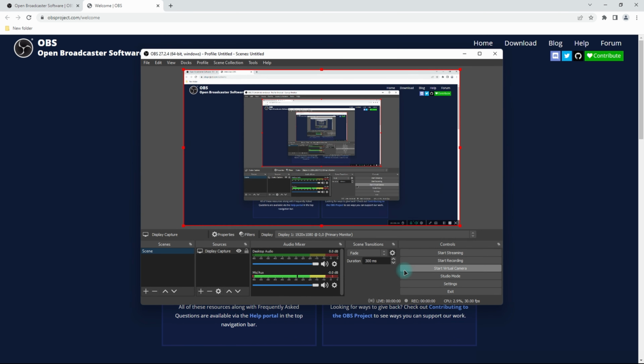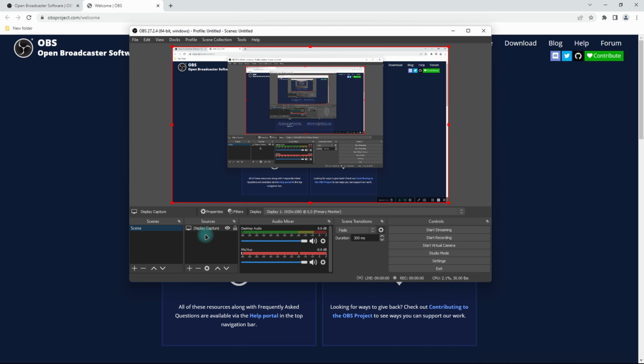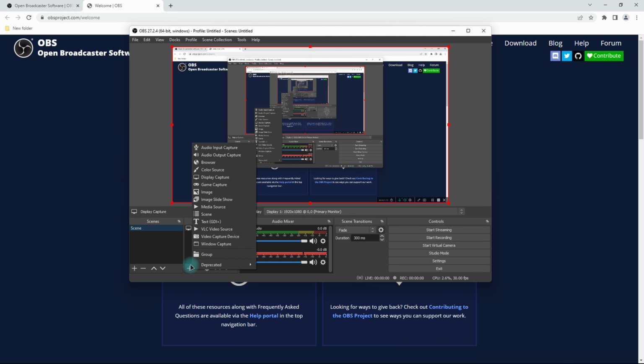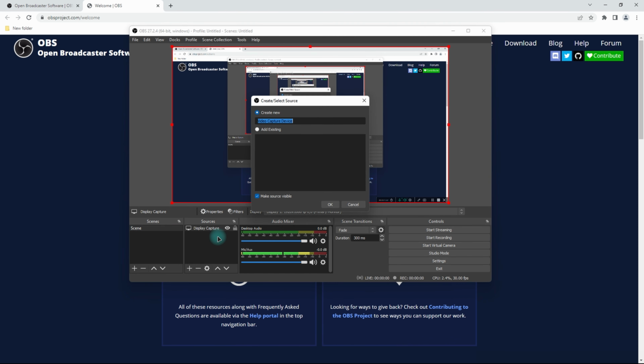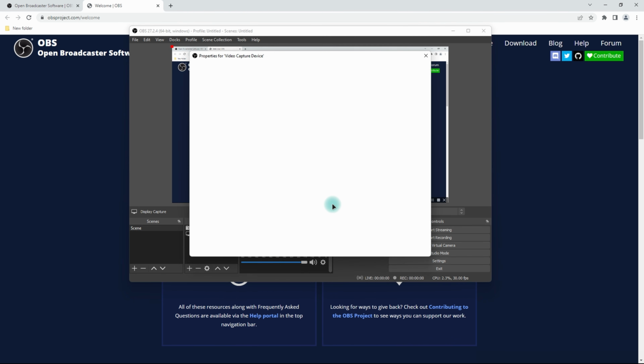So I click on OK, and now you can see we've added our display capture, which is our desktop. So the next thing concerning display might be, for example, you want to add your webcam, or maybe you've connected your camera and you want it also to appear in this scene. So you can go ahead and click on display capture device, and when you click on OK, this is what